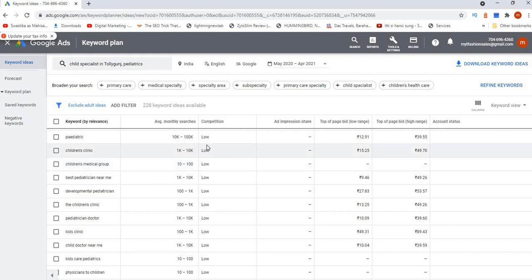The thumb rule of SEO is that whenever we are analyzing keywords, we have to find low competition keywords. Now what is meant by low competition and high competition?